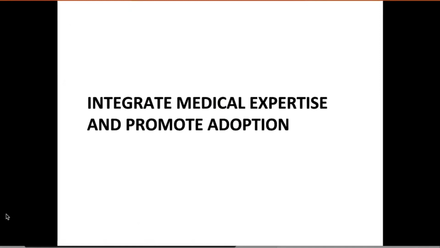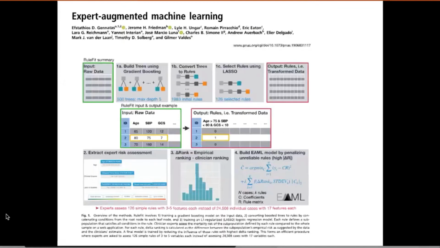But the other thing we're working on at the same time is to increase the adoption of those approaches by the clinician. We figured that including the clinician in the training process of a given machine learning algorithm helps the algorithm achieve better performance, and that was the goal of this paper published last year in PNAS about expert augmented machine learning. The goal was to show that integrating expert knowledge into a random forest algorithm at different levels of the trees was effective in improving its performance.